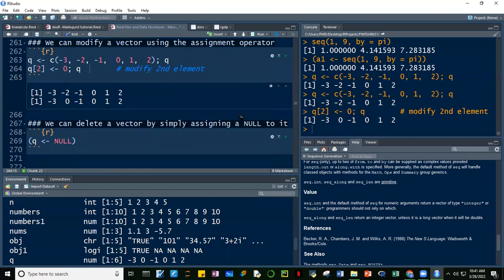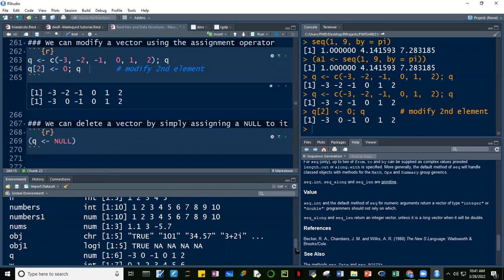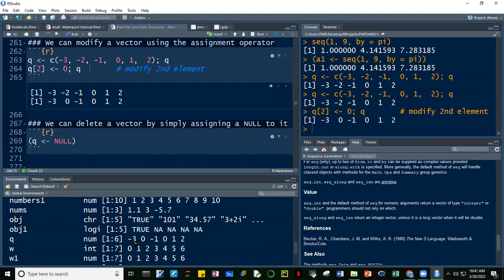Okay, we can delete a vector by simply assigning a null to it. Ito, Q. Okay, di ba may Q tayo dito? Q, it's numeric, naging -3, 0, -1, 0, 1, 2. By the way, guys, take note. What happened to our Q? Dati yung Q natin, -3, -2, -1, hanggang 2. Tapos pinalitan natin yung second element. Ang nangyari ngayon, in-overwrite na ng bagong Q natin yung unang Q natin na -2. So if you take a look at our Q here, -3, 0 na yung pangalawa. Okay, and if we run this Q null,